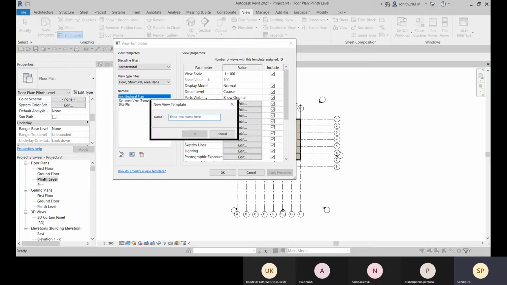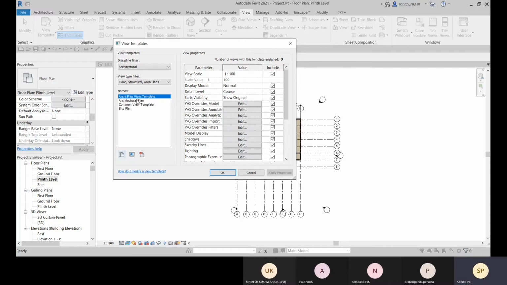Let's create a duplicate, and here I will give that name. Okay, so I have given this name. Just click on OK, and that is there.